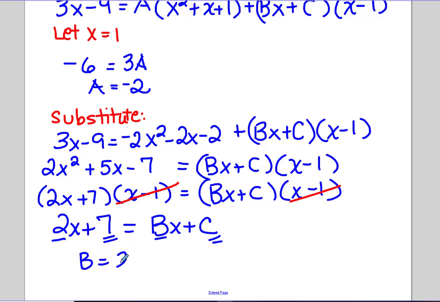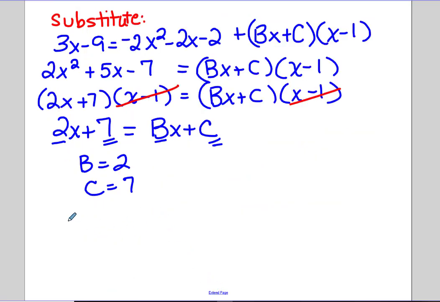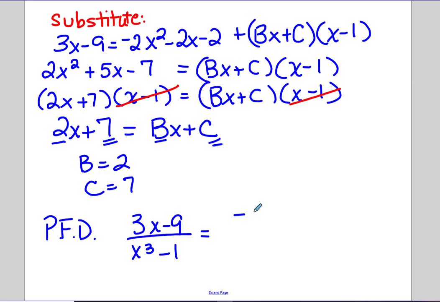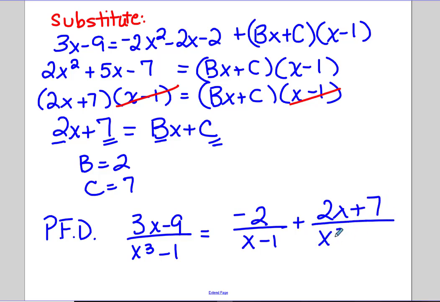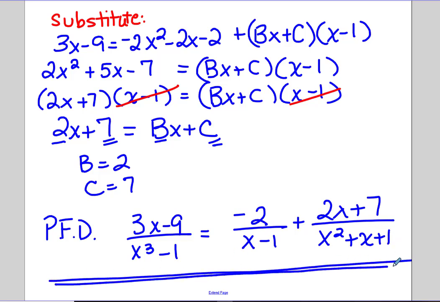So if B is 2 and C is 7, then our partial fraction decomposition for 3x minus 9 over the difference of 2 cubes is, what was A? Negative 2 over x minus 1 plus 2x plus 7 over the quadratic x squared plus x plus 1. So partial fraction decomposition. We have one more to go. So the last one